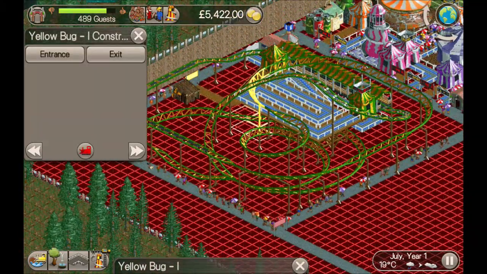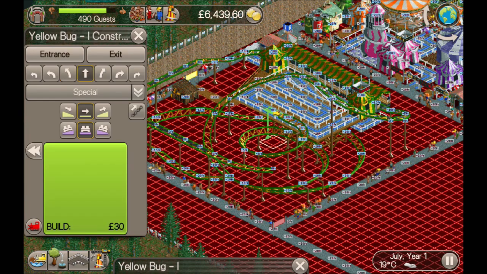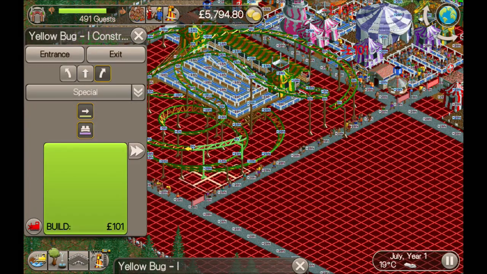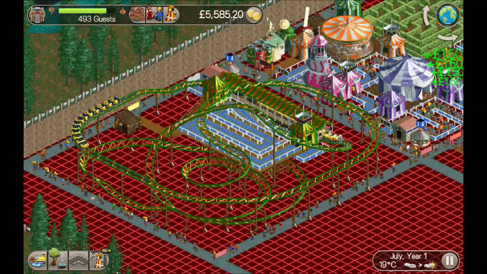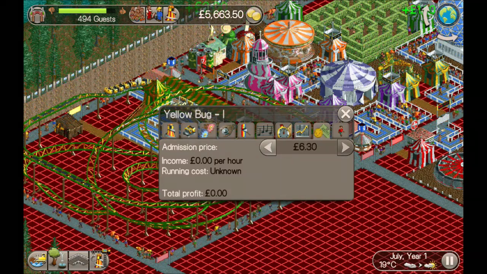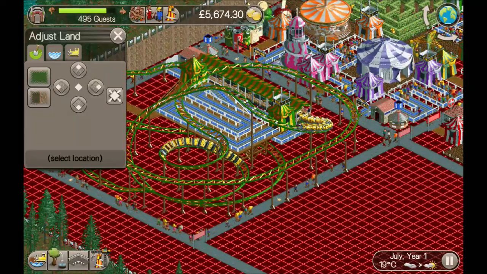So by the time it gets to here, it's going so slow that it just makes the banked corners look really awkward. They will pay £10 when the coaster's new. I might have to drop it down a little bit, but okay, so let's